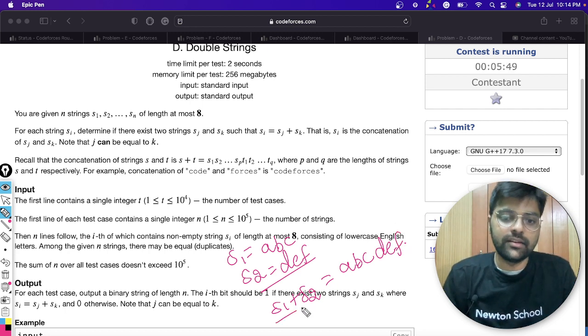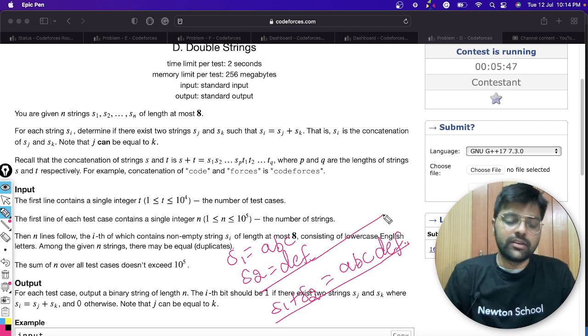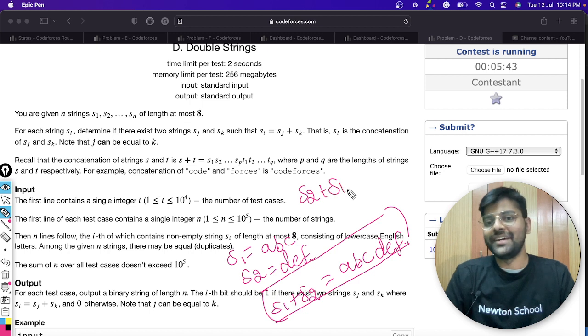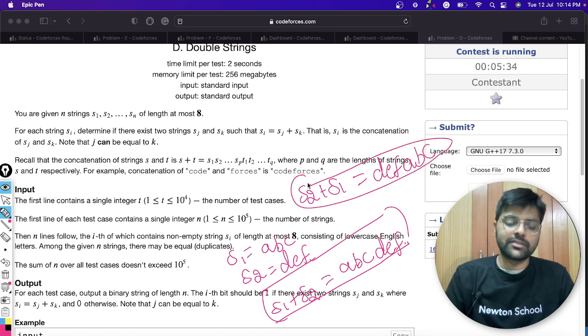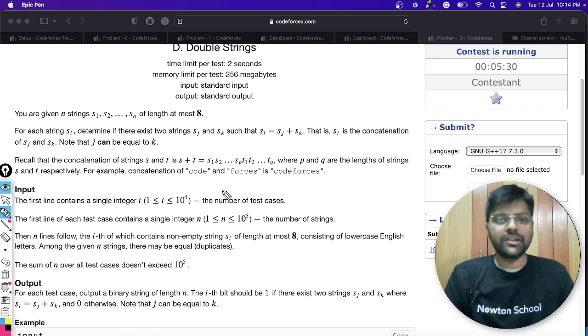We add the second string at the end. So what will be s2 plus s1? Can you tell me? Yes, you correctly guessed it. It should be defabc. So now you understand what concatenation of a string is.